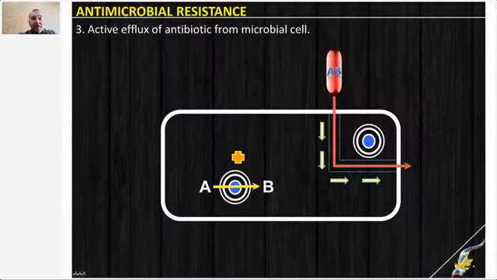The third mechanism is active efflux of the antibiotic or antimicrobial drug from the microbial cell into the environment. Again, the mechanism is realized by multiple efflux pumps. We call it a pump because the antibiotic can pass into the bacterial cell, but before it gets to a target, before it fixes to the ribosome or blocks some other enzyme, it is very fast excreted outside the cell.